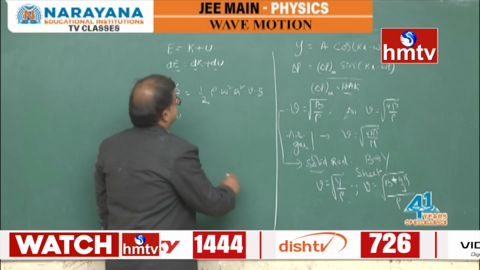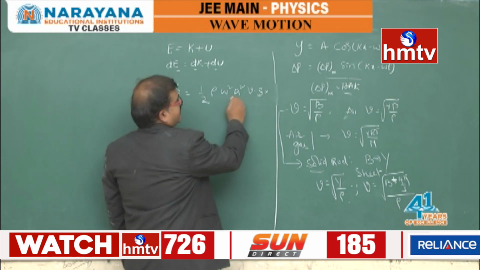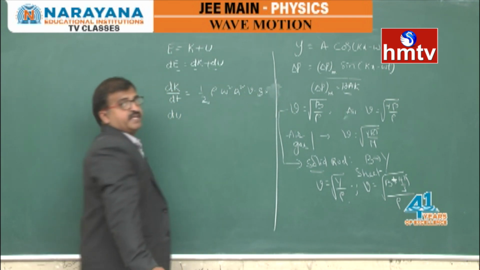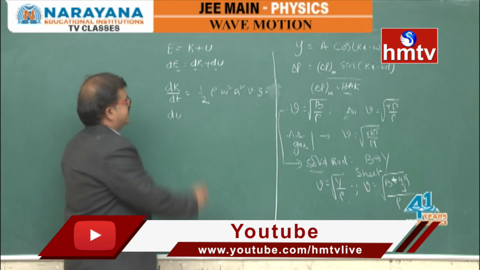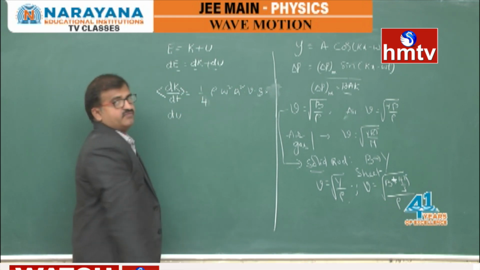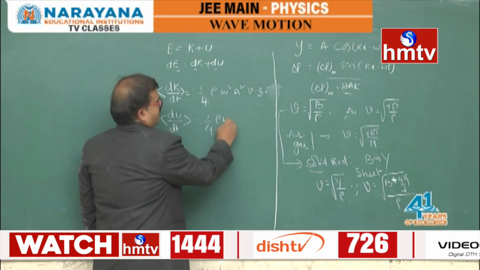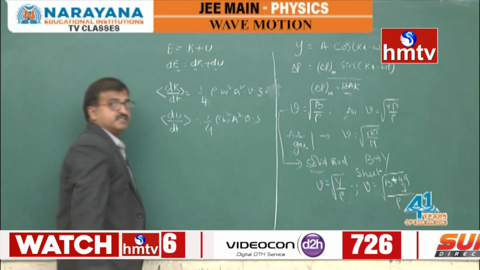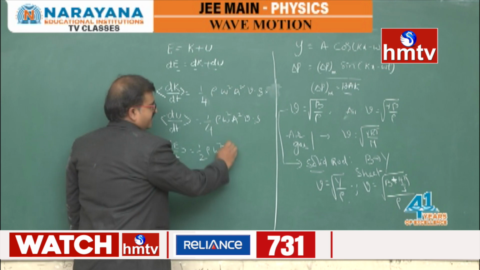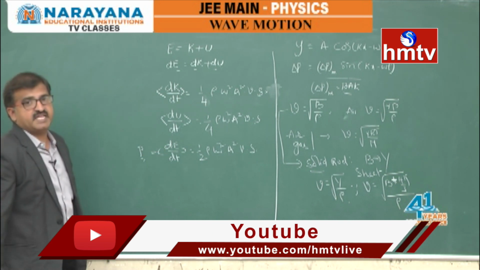Similarly, in this case the cos square term, or sin square of kx minus omega t, appears. But instead of taking the general variation, I will go for the average value of the rate of energy transfer, which becomes 1 by 4 rho omega square A square V into S. So the total rate of energy transmitted is half rho omega square A square V into S, and this rate of energy transfer is said to be the average power transmitted.